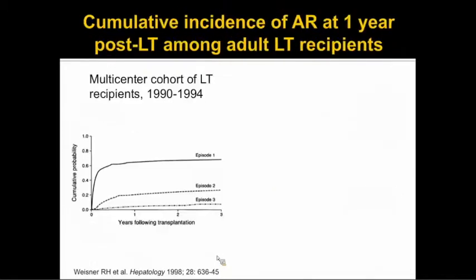As I said, the incidence of acute rejection in particular is declining. So this is a graph from an early study of patients who were transplanted in the 1990s from 3 different centers. And in this study, an episode of rejection occurred in about 65% of that population. This was also from a time period where different immunosuppression was used and also when protocol biopsies were still very commonplace. And this included any severity of acute rejection, as I'll get into a little bit later in my talk.